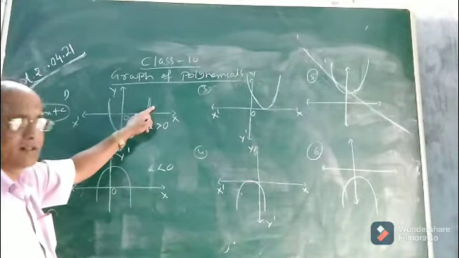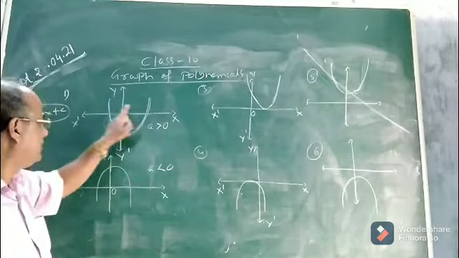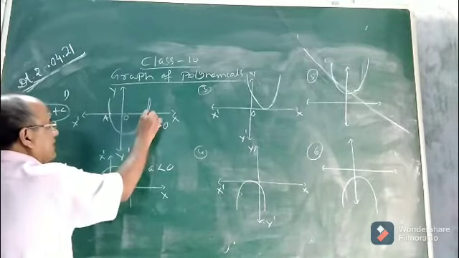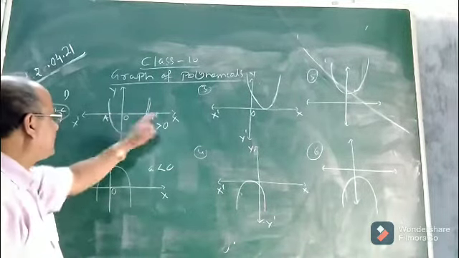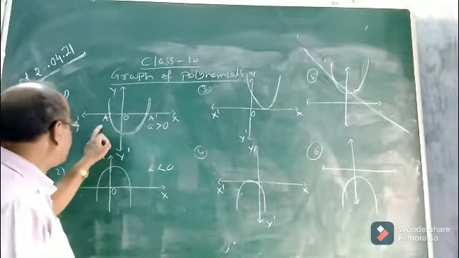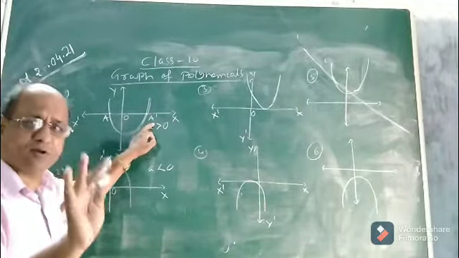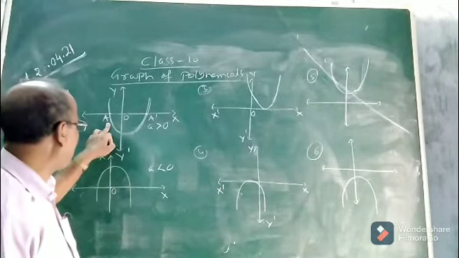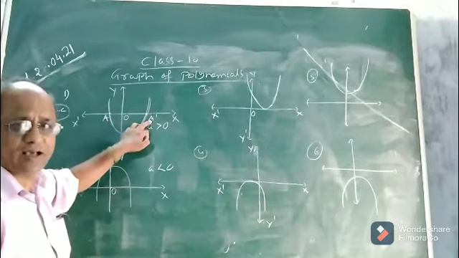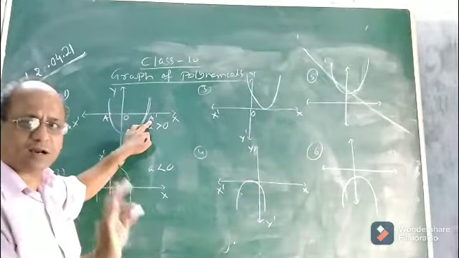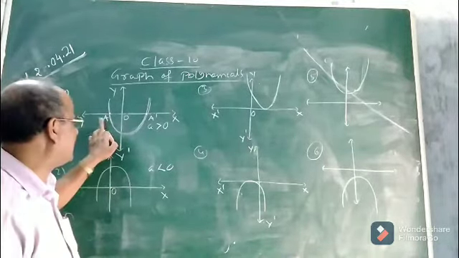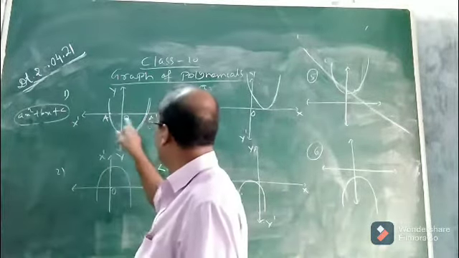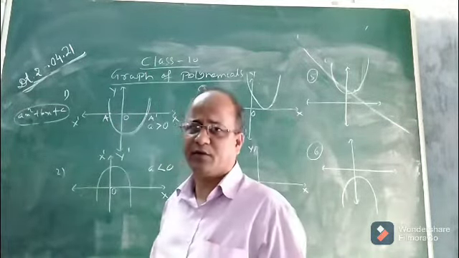What is the difference you see? Here the parabola, that is the graph of the quadratic polynomial, has intersected the x-axis in 2 distinct points. See, this point A and suppose this is A dash. Now this parabola intersects the x-axis in 2 distinct points and these 2 distinct points A and A dash will have some coordinates. So what are the coordinates? The x-coordinate particularly, you have to find the x-coordinate of A and the x-coordinate of A dash. It can be obtained from the graph. After drawing the graph, you will easily be able to know the x-coordinates of A and A dash. Those 2 x-coordinates of A and A dash will be the required zeros of this quadratic polynomial which opens upward.